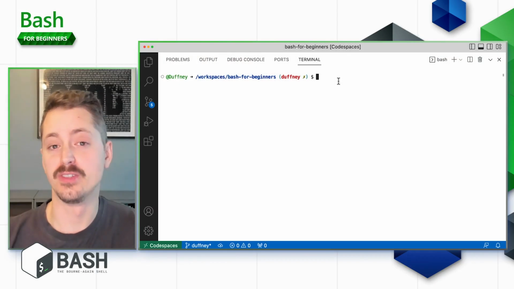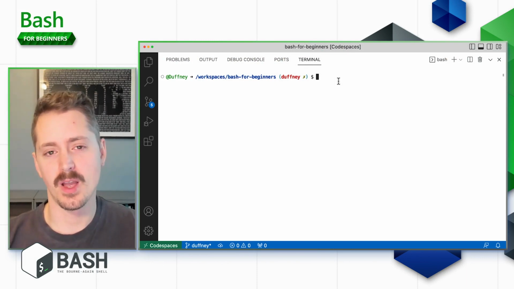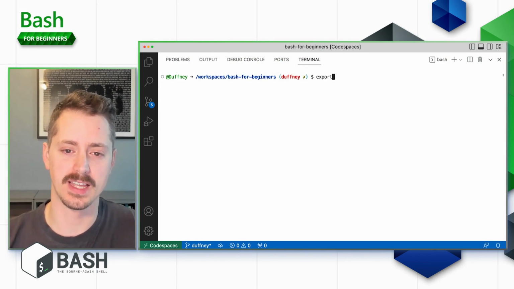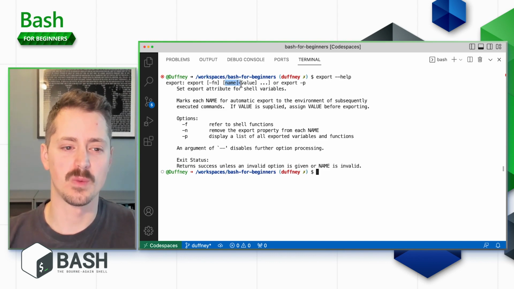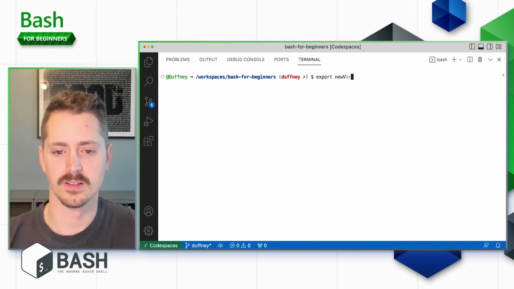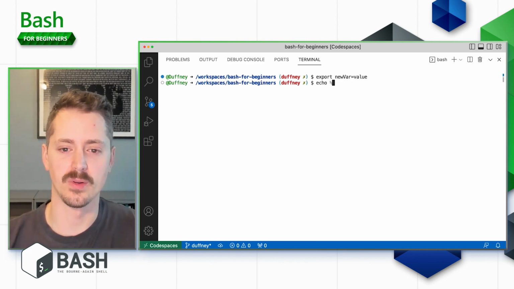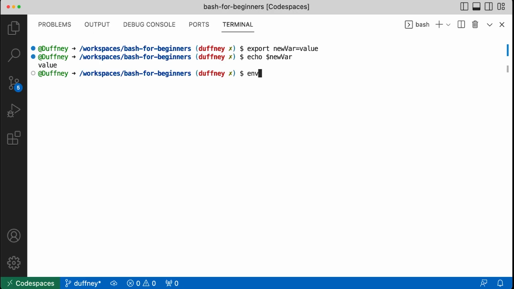Now that you've learned how to view environment variables, the next thing that you might want to know is how to create them. The command to create environment variables is the export command. And if we take a look at the help, we can see how we can use it. So it takes a name followed by an equal sign and then a value. So if I type export NEW_VAR=value, this will create a new environment variable in my current session, and I can view that with the echo command, echo $NEW_VAR, and I could also see it in the output